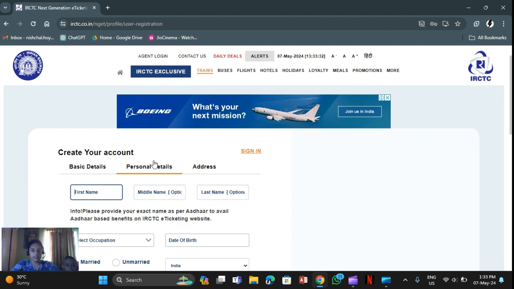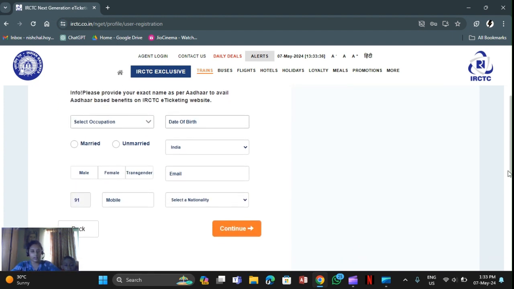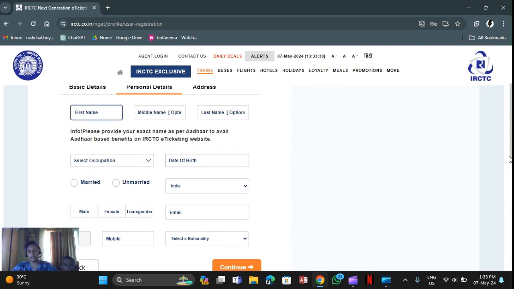So first, the next thing is you should fill in your final details over here, which I can't fill here because of privacy leaking. So I did not block the content also here. First you should fill your first name, then middle name, then the last name. The middle name and last name are optional, but the first name you have to fill and it is mandatory.